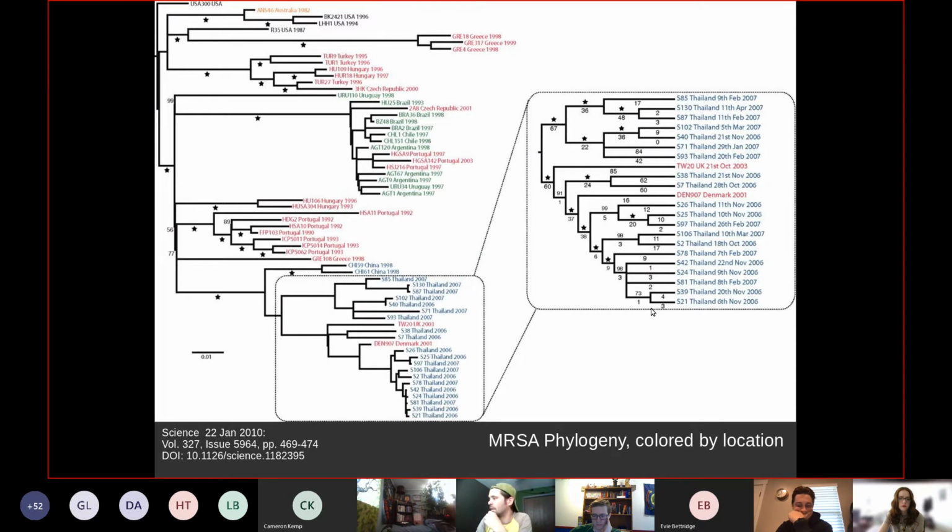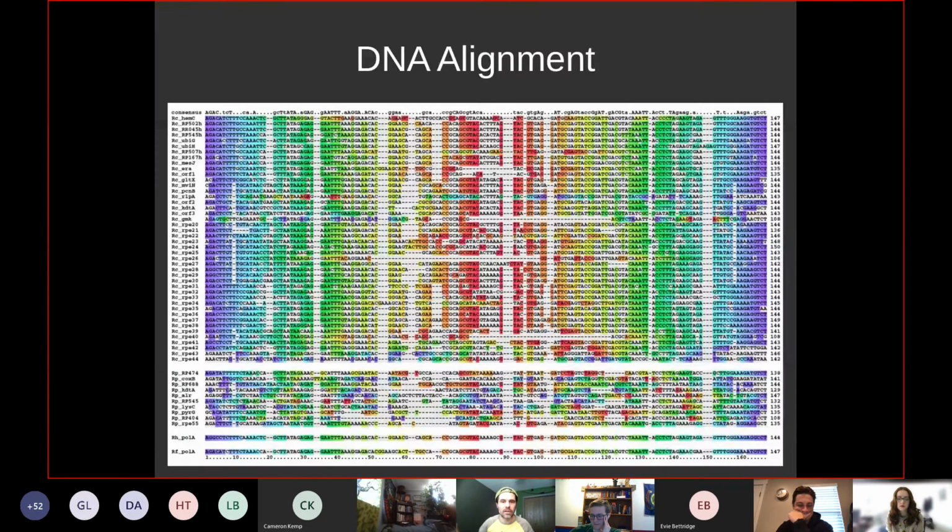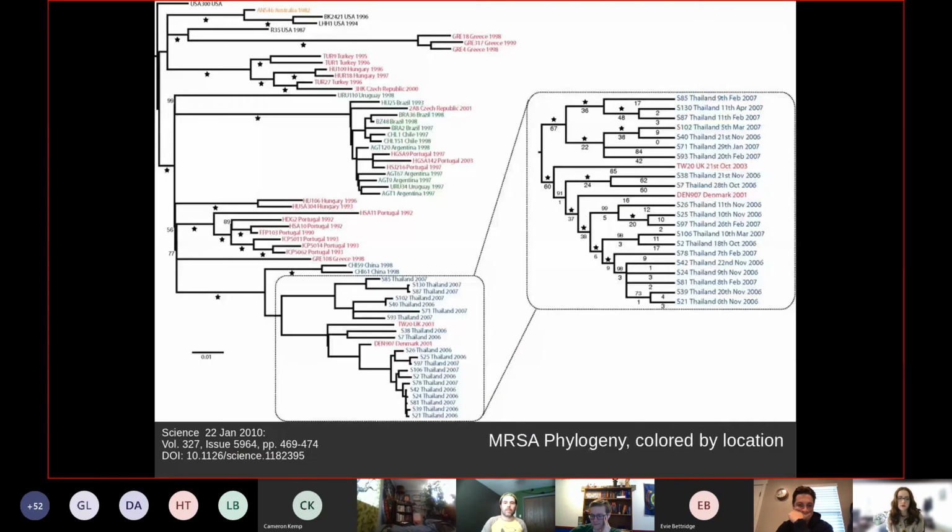They had a paraphyletic grouping here, and Denmark and the UK were in there. All right, so the hospital got in touch with the hospitals in Denmark and the UK, and it turns out the strain actually did come from the UK. And so they were able to successfully treat this outbreak with the right medicines just by doing a phylogeny based on a DNA alignment from these strains of MRSA. Okay, so that's